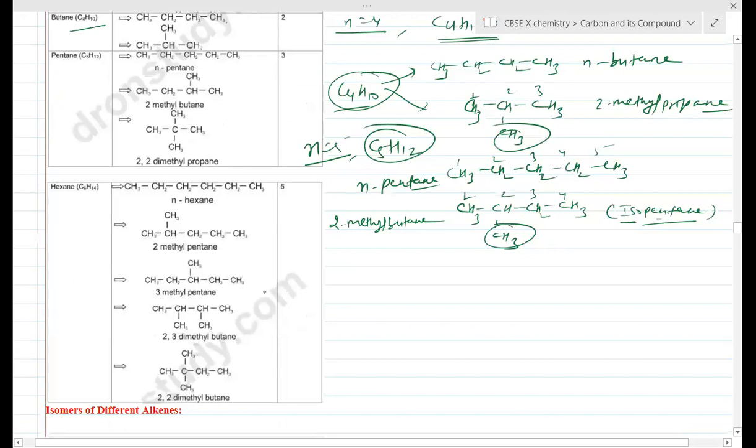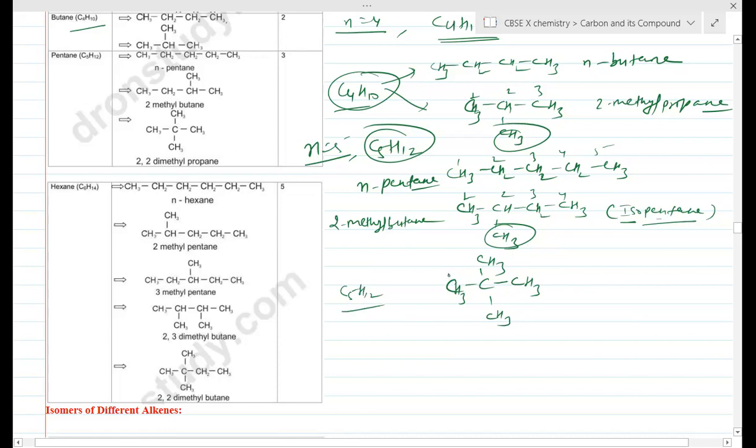Okay, one more we can write, 3 in a straight chain and 2 in a branch like this. So this see 1 bond is there means 3 hydrogen, single bond is there means 3 hydrogen, 1 bond is there means 3 hydrogen, here also 1 bond is there means 3 hydrogen. This is also C5H12 only. See 1, 2, 3, 4, 5. 5 carbon is there. And what about hydrogen? 3 plus 3, 6, 6 plus 3, 9, 9 plus 3, 12.